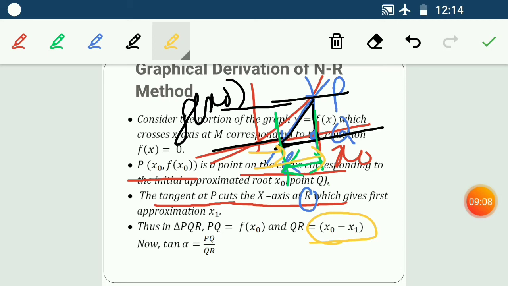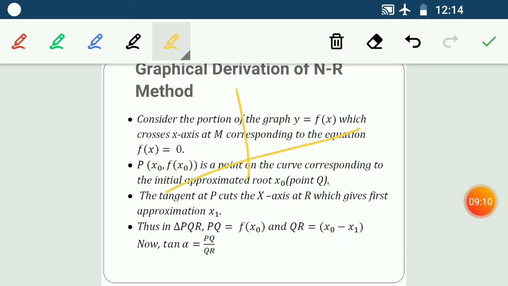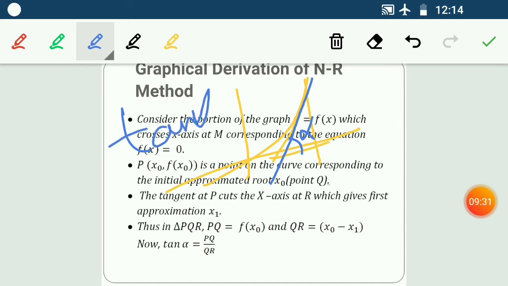So what I am doing here, I have a curve and I got this triangle on which I have to work, and now because I have drawn a tangent, I have to find the slope of this tangent. Okay, so we will get the slope of the tangent by taking this angle alpha. Suppose this is alpha, so tan alpha can be written as PQ by QR. This is P, this is Q, and this is R. So PQ by QR is my tangent slope of that line, right?